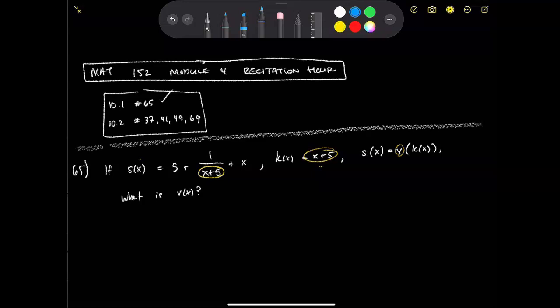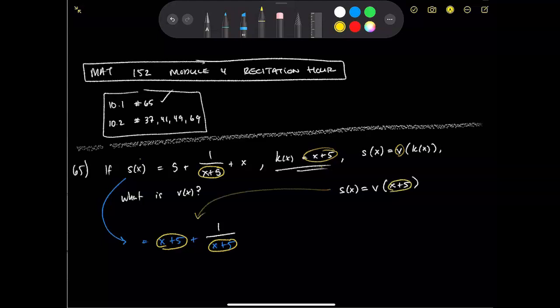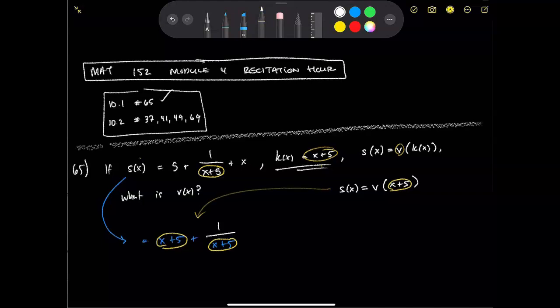So if I rewrite this as instead x plus 5 plus 1 over x plus 5, we see that I've got that input here and here, right? And so really what this would be taking s of x is really v of, well, what's k of x? K of x we said is x plus 5. It took that input and mapped it to here. So then it must be the case that v of x